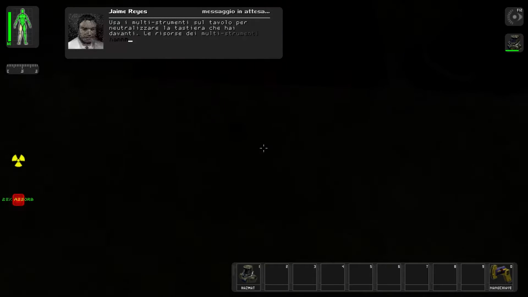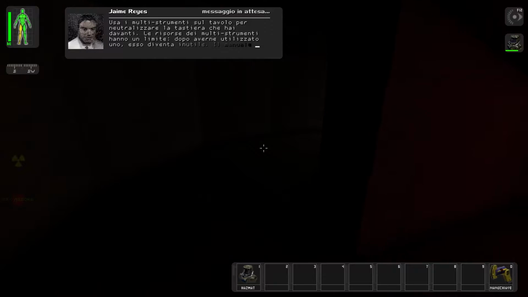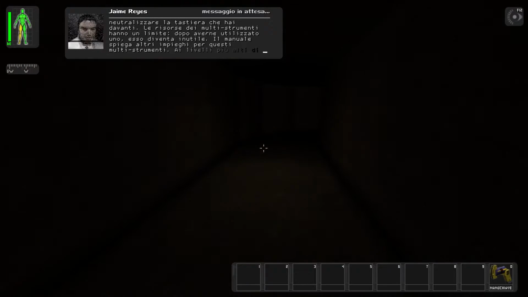Use the disposable multi-tools on the table to hack the keypad overhead. The multi-tool's resources are finite. When a tool is depleted, it becomes...